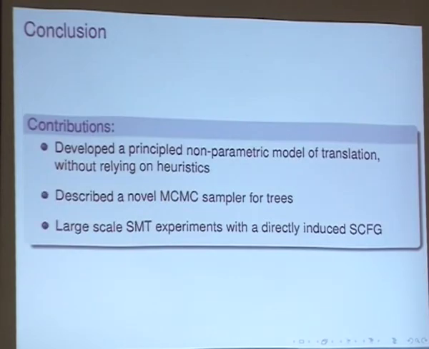Okay, so I'll finish up there. Keep this quite short. So what I've described is basically this way of estimating these synchronous grammar models using Bayesian techniques, using a local Gibbs sampler. This allows us to do this sort of inference on lots of data, a lot more than people have previously been able to use. And sometimes it helps. It helps with things like Chinese, where there's actually difficult phrasal and long-distance reordering going on. Doesn't really help with something like Arabic.